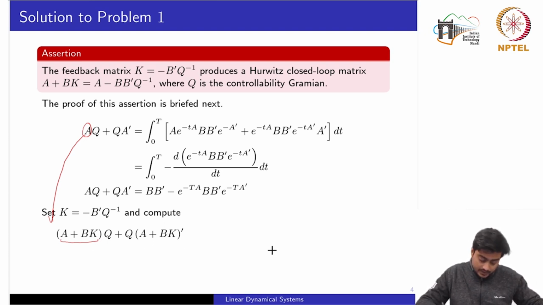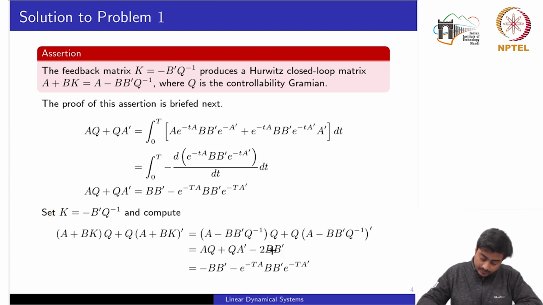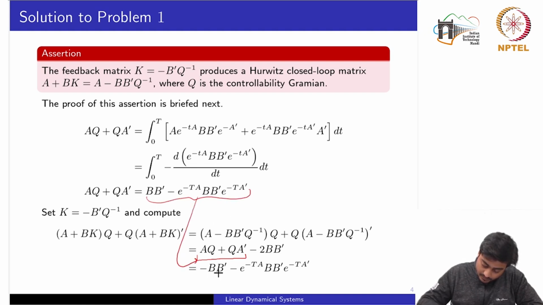So simplifying this expression onto the left hand side, we get this one, which further simplifies to 2AQ plus QA transpose minus 2BB transpose. Now this part we have already seen from the above. So if I substitute this one to here and simplify further, we obtain minus BB transpose minus e to the power minus tA BB transpose e to the power minus tA transpose. Okay, so we need to